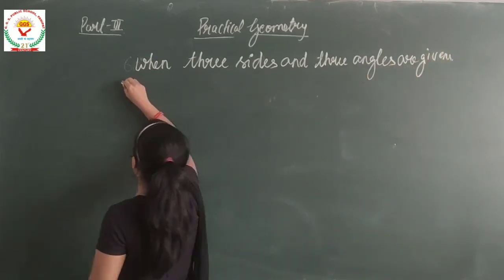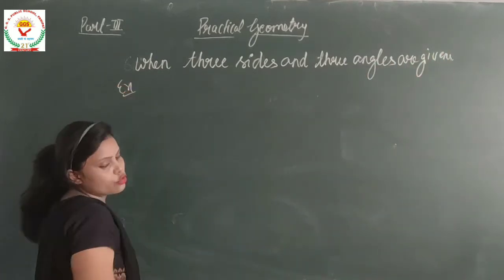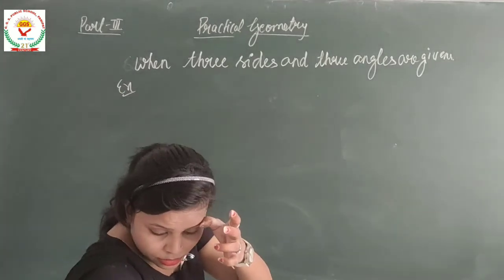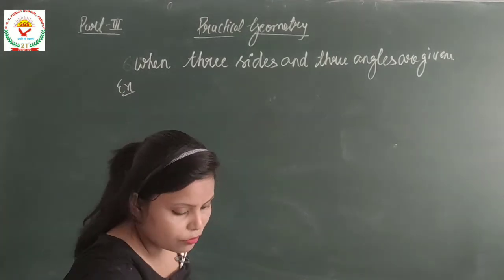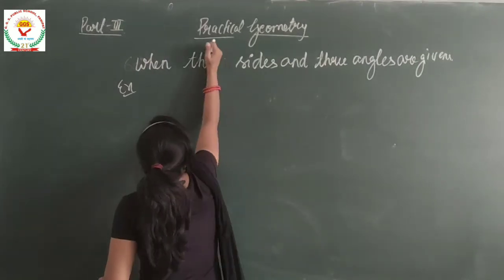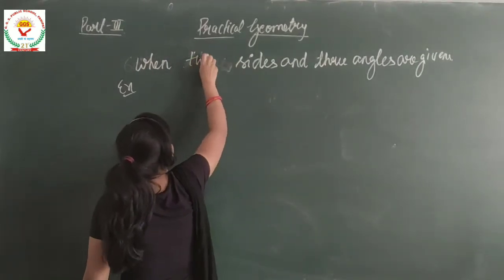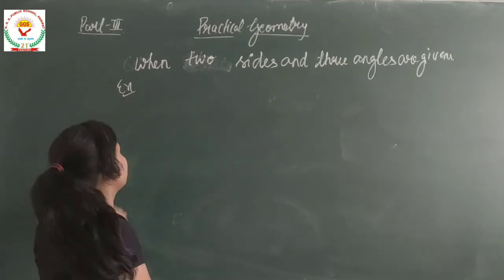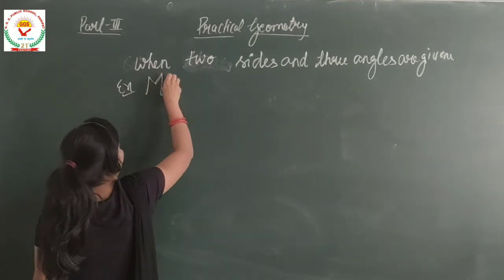So let's take an example. We need to make... we have two sides and three angles. Okay, let's take an example. Suppose I have to make